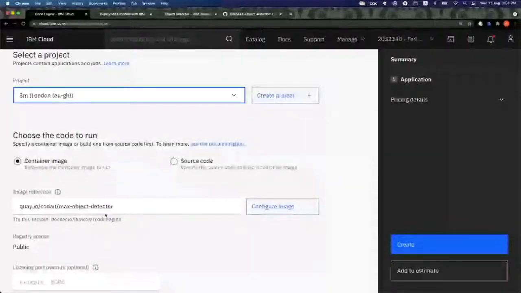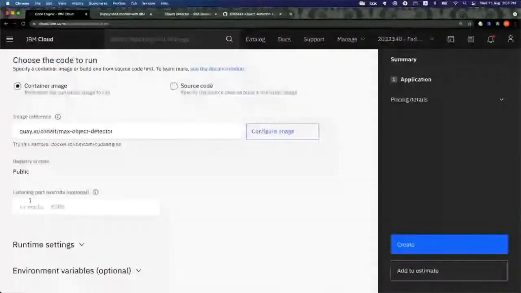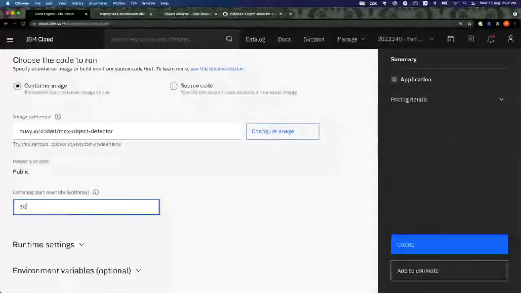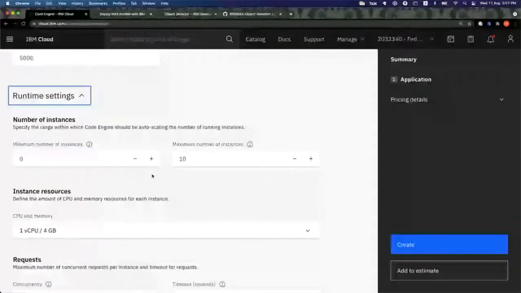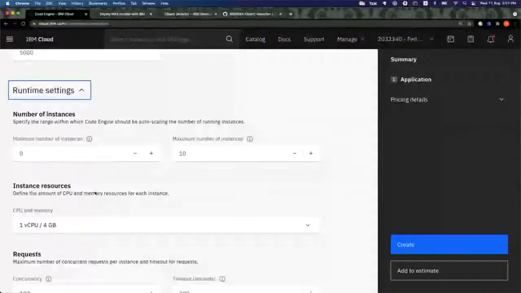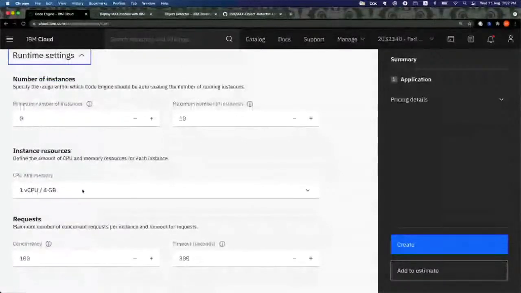And then as you can see, we have different ways. You can deploy from a container image or directly from source code by providing your GitHub repo. However, we're going to deploy using a container image. Another thing is that the listening port is defaulted to 8080. However, we want it to be 5000 for our application today. And then you can also specify the runtimes. However, I'm not going to play with this because it's not very big for me. However, for you, for the trial account, you might have to reduce this to have less CPU or memory, because as I said before, it's a trial